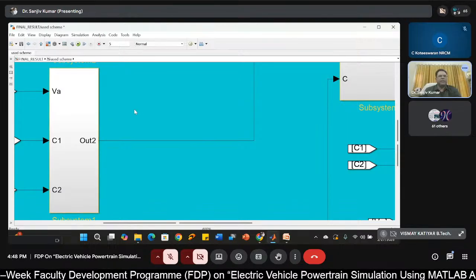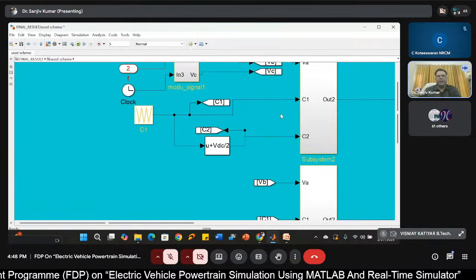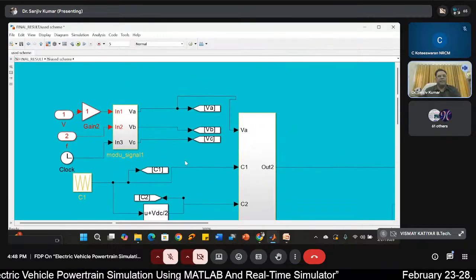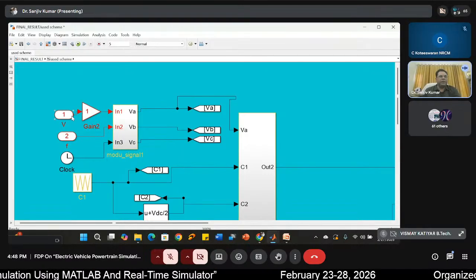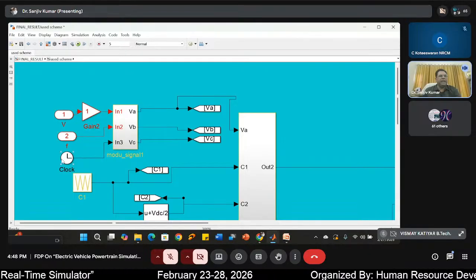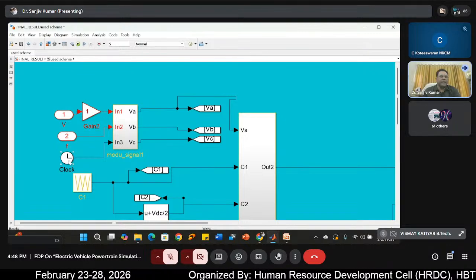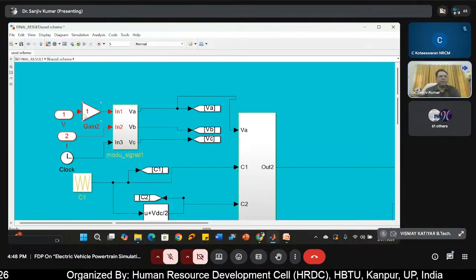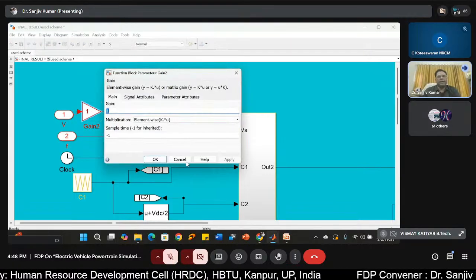Just see, it's a big simulation. That is why when I zoom out, it looks very small size. Now just see what we did. This is the voltage and frequency and simulation time. Why is it required? Because we have to generate sine wave. Sine wave means Vm is coming from here, right? Vm is coming from here.